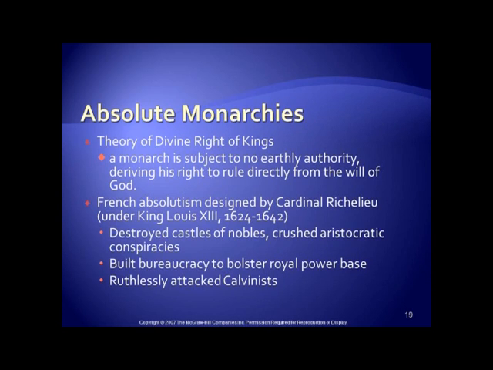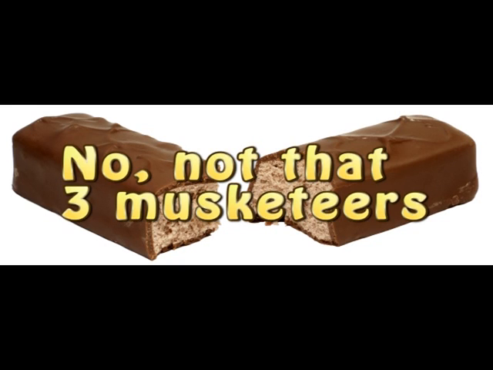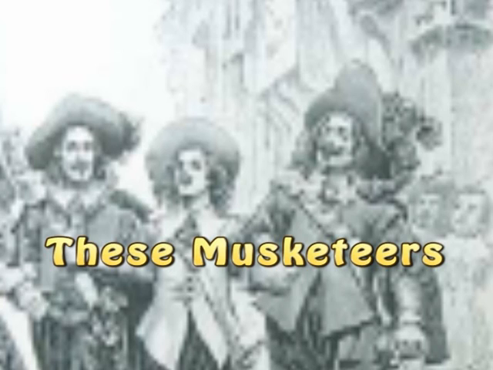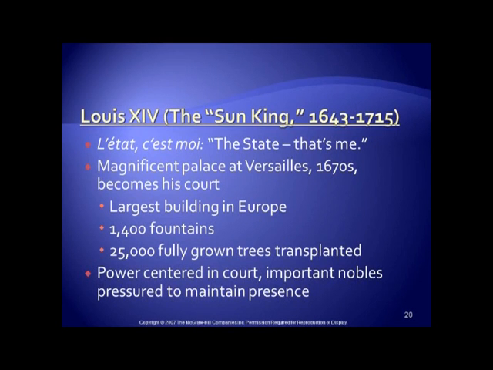But the nobles are going to be really angry about his policies, and that's going to lead to a famous story being written. It's the story of the Three Musketeers. And in the Three Musketeers are nobles, and the bad guy in the story is Cardinal Richelieu, because he's always trying to take away all their power and he does bad things. And that's really how the nobles felt about him.